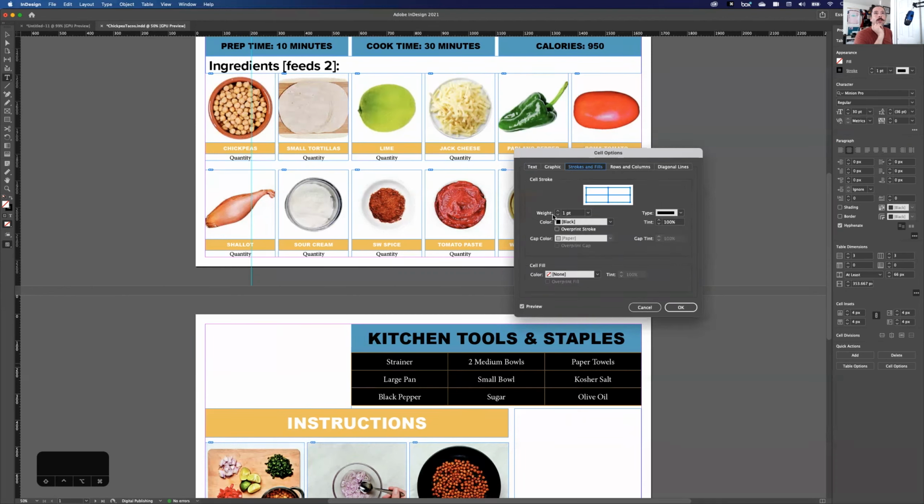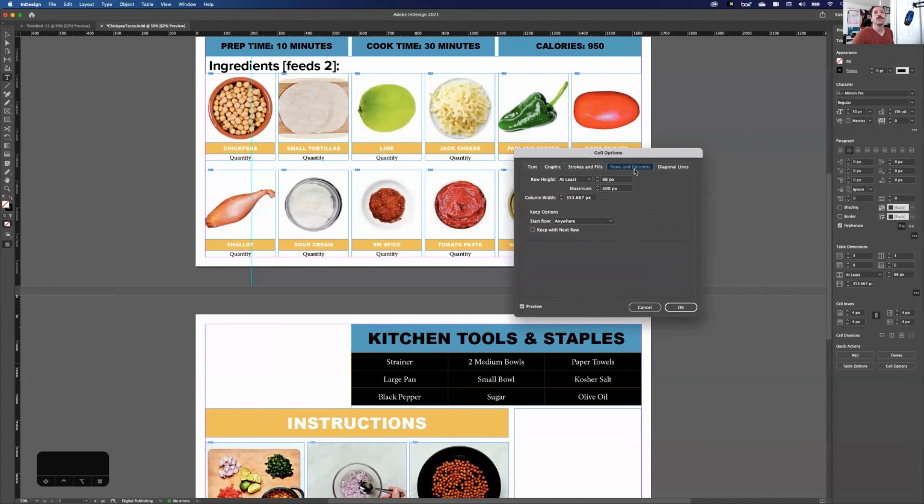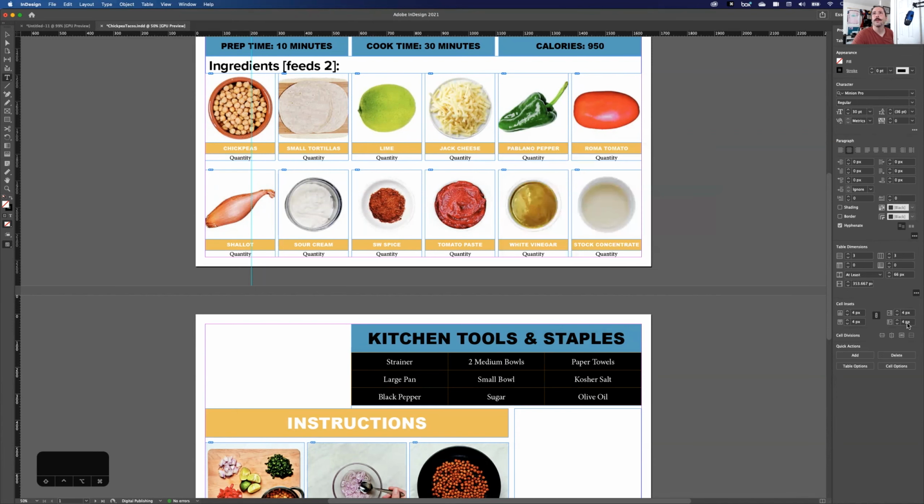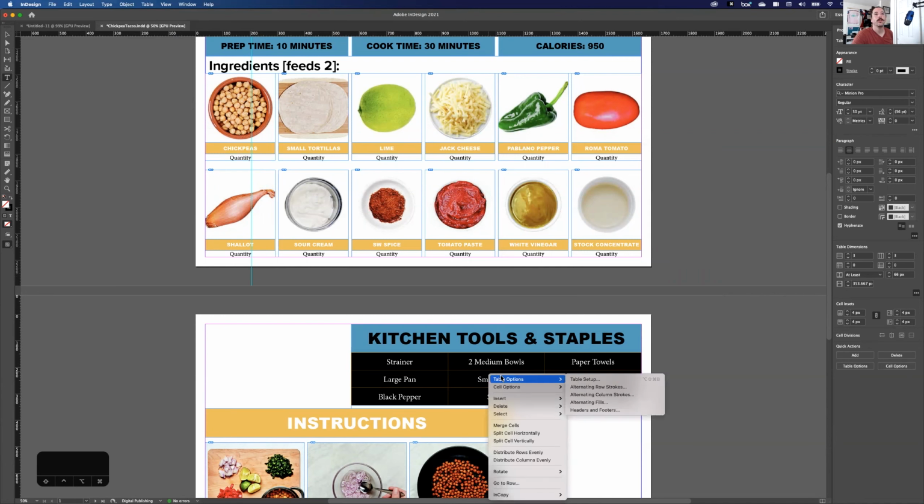And strokes and fills, I want no stroke, so I hit the weight to 0. And I also have no fill, but you can put a color behind the cell if you like. It also has the ability to create alternating colors if you like. I think kind of like Excel and Google Sheets. Rows and columns. I don't know where my bullets went, but we're not going to sweat it. They used to be here. That's fine. And if you go to table options,